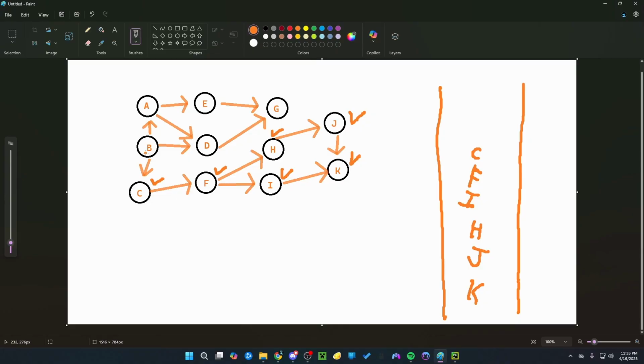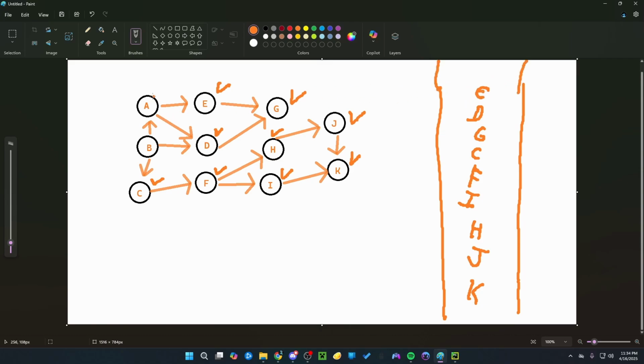Now we're back here. Does B have any other neighbors that isn't C? Yes. So we can start it off at D. Does D have neighbors? Yes, which is G. Does G have neighbors? No. Mark it as visited, and we add it to the stack. Now we head back. Does D have any other neighbors? No. Add it to the stack. Does B have any other neighbors? Yes. It's A. Does A have neighbors? Yes. One of them is D, but it's already been visited. Does it have any other neighbors? Yes. We have E. Does E have neighbors? Yes. It's G, but it's already been visited, and it's the only neighbor it has. So we mark it as visited, add it to the stack,